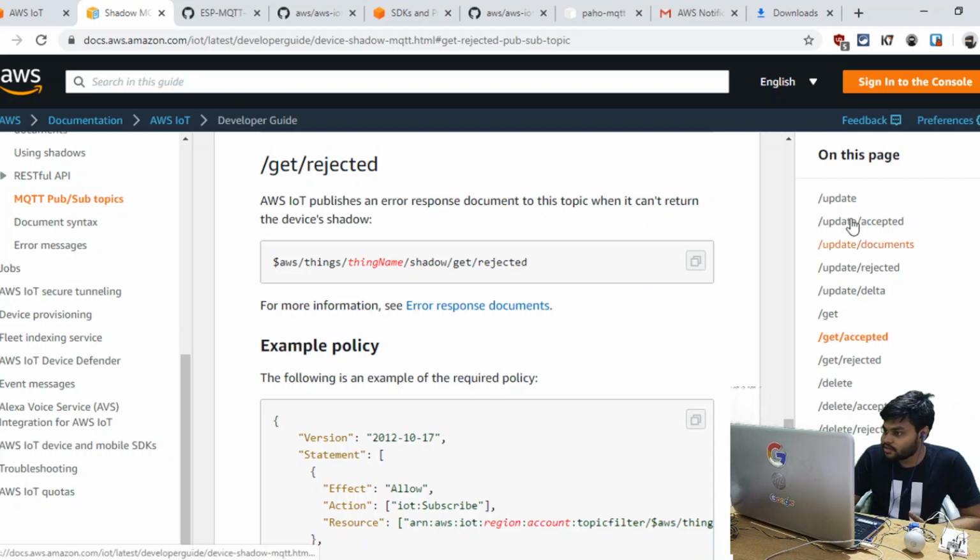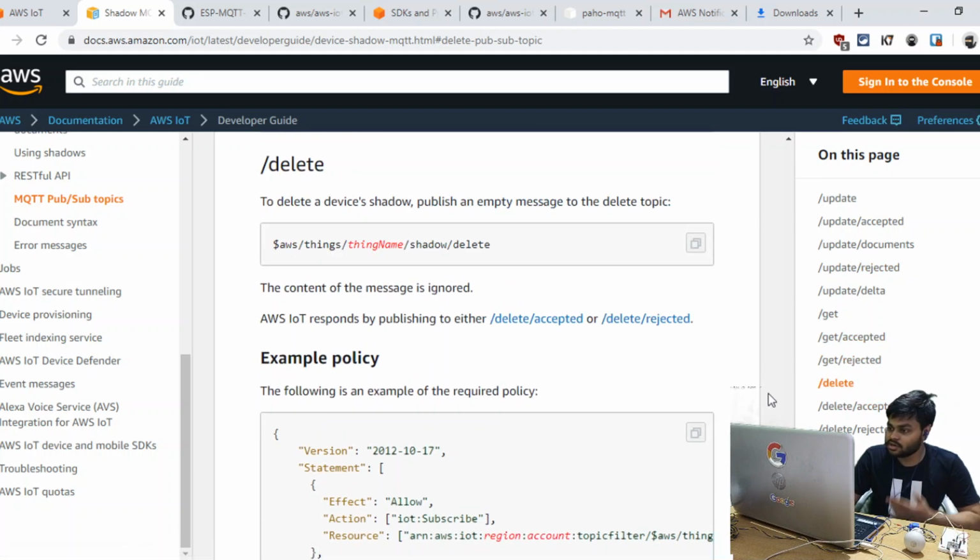And the same applies to update rejected. If we receive something on update rejected, this means that the message is not stored in the thing shadows of AWS IoT Core. So we have delete as well, and delete accepted. Now let's delete everything which I have already stored. We have stored 3 things. Now let's delete everything. First, whether the delete is accepted or rejected,